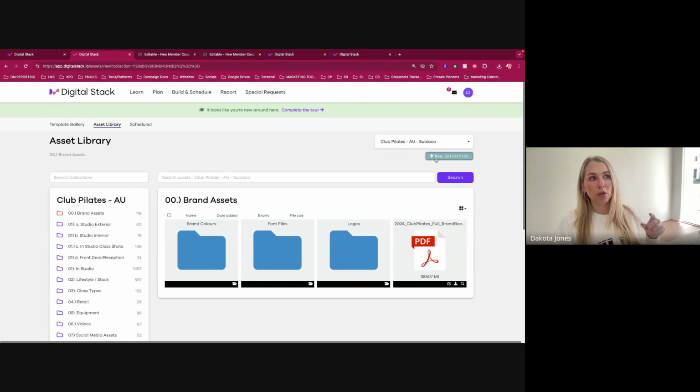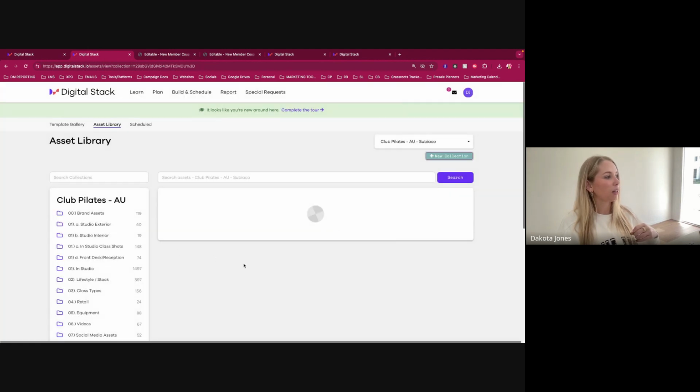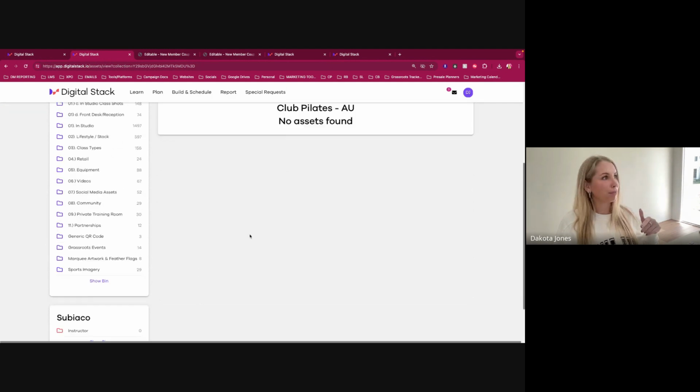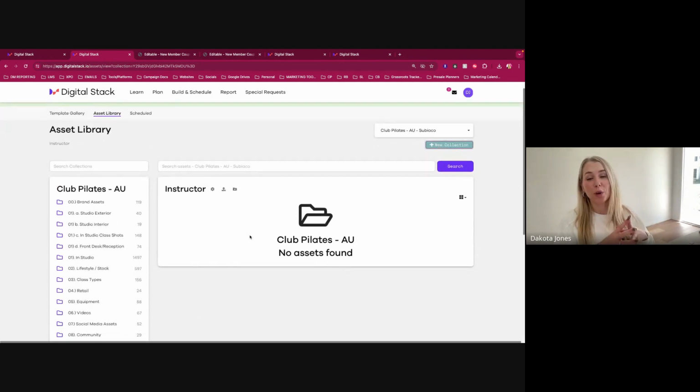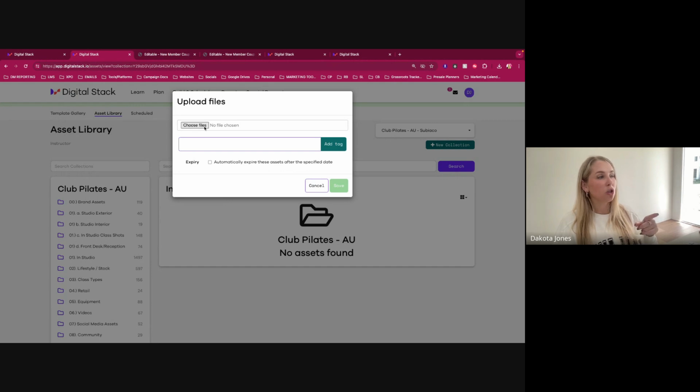To do that, you can create your own collections. So let's say, for example, you were wanting to have a folder with all of the photos of your instructors. You can create an instructor folder, click create, and then it will appear here under your studio's name. Also, for things like if you're doing any photo shoots, ensuring that you're uploading them into Digital Stack to use later on. From here, you can create further folders. So if you want to have a folder for each of the instructors with their name, you can then upload your content. So just click this little upload one, choose files,